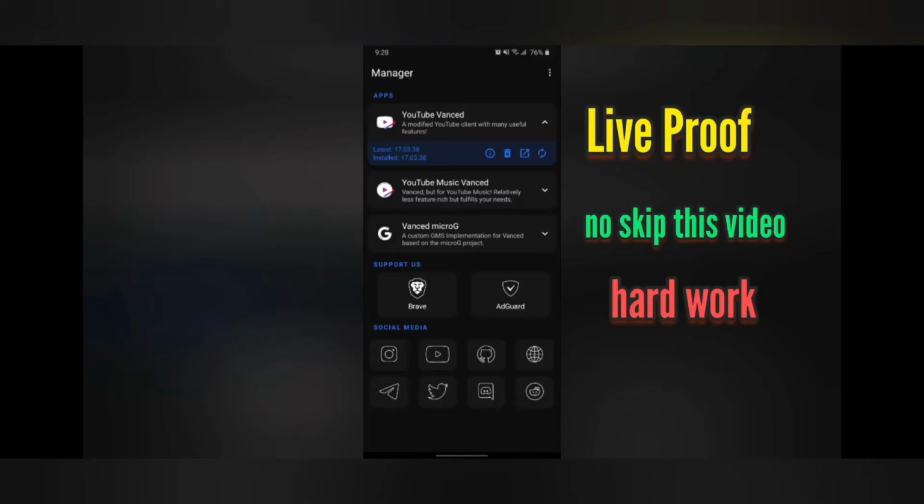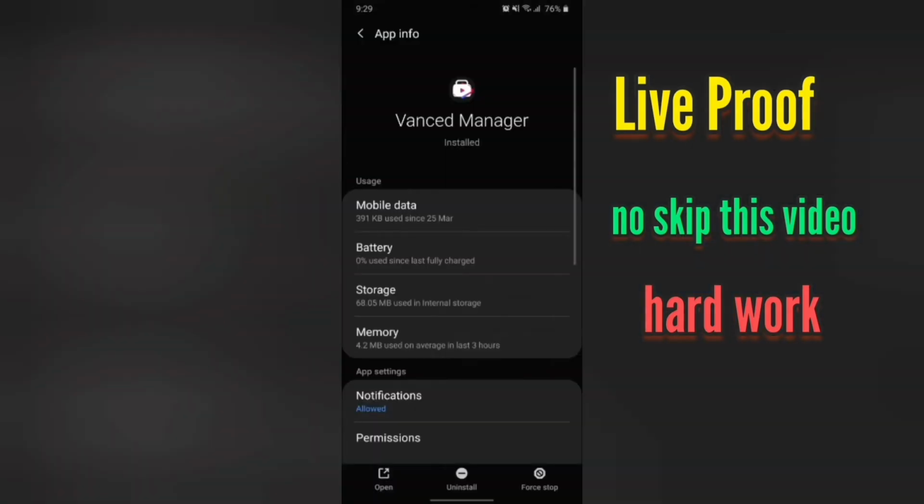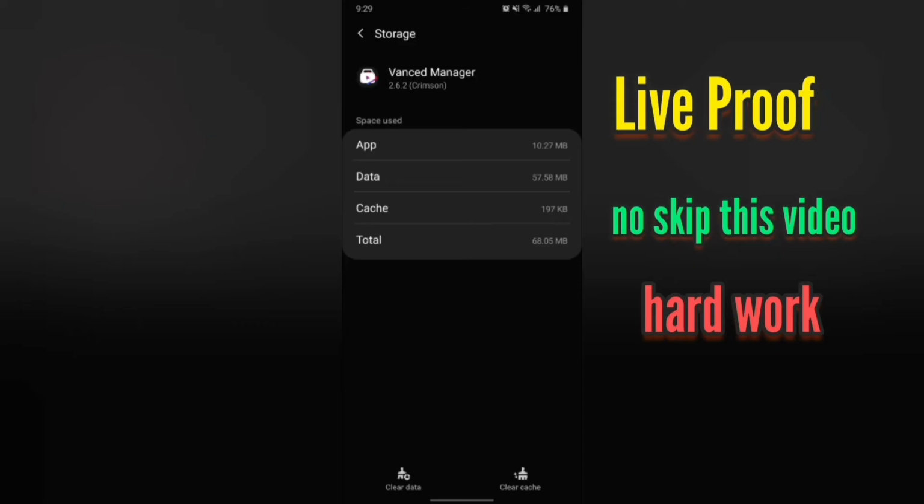Go to Vanced Manager and uninstall YouTube Vanced and Micro G. After uninstalling, go to Vanced Manager App Info, then Storage, and Clear Cache and Clear Data, and